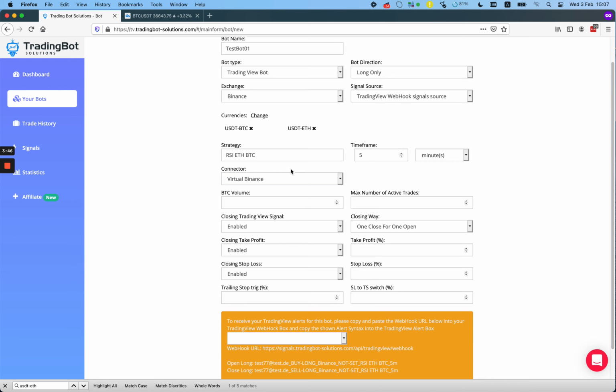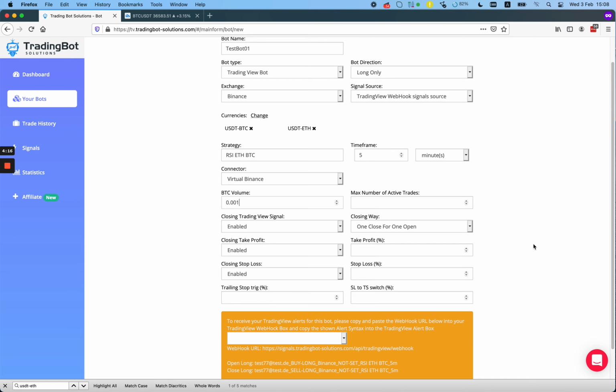As soon you want to use the bot on a real exchange, you need to update or subscribe to our bot, and then you will be able in the settings tab to add your own connectors. Like I made here, I already added 4 real exchanges, so 4 different Binance exchanges that I can also use here. But for now, I use the virtual Binance, and I will set it here to